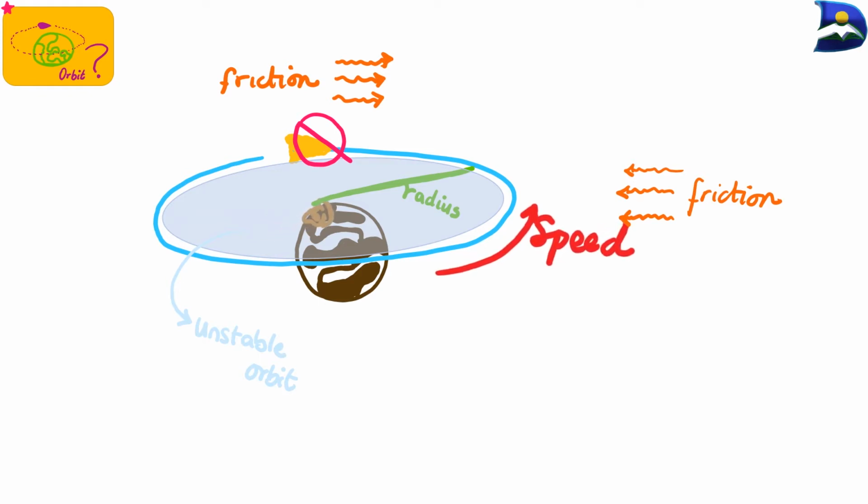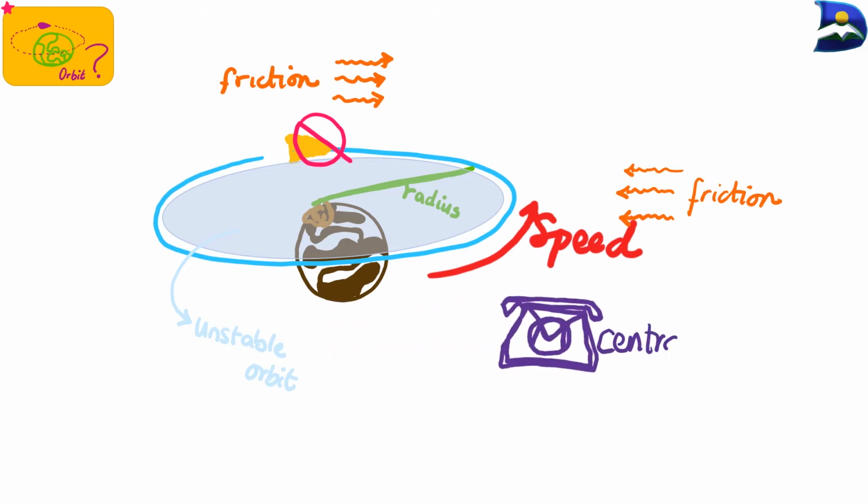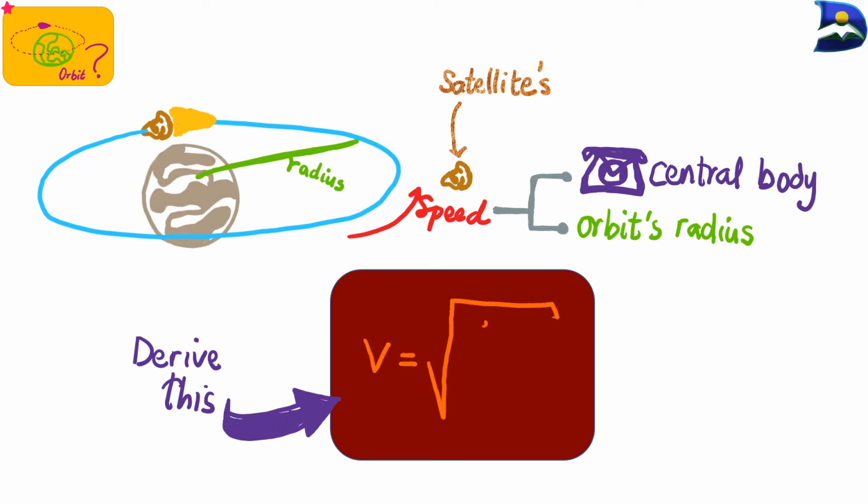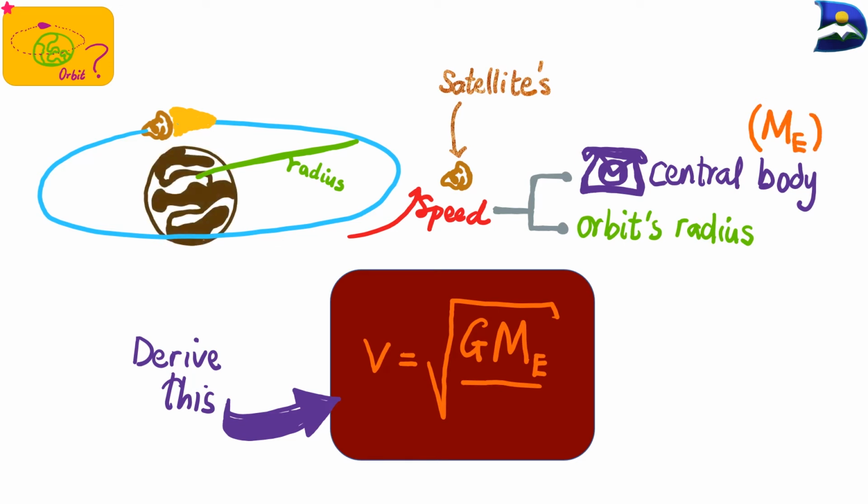Focusing on speed, this is dependent on the mass of the central object or body and the radius of the satellite's orbit. This velocity is derived from the circular motion, and this is expressed as the square root of the gravitational constant multiplied by the central body's mass divided by the radius of the orbital path. And this is shown in this particular formula, and we're going to derive this formula in our specific equation 3